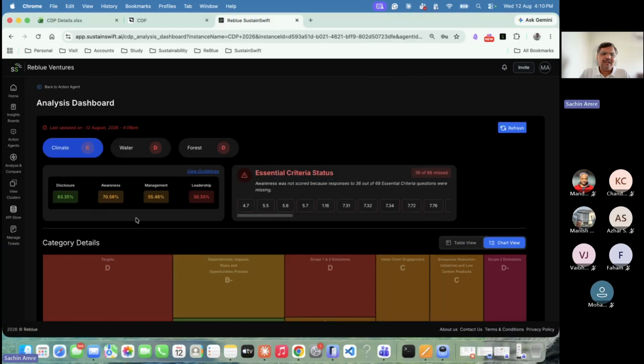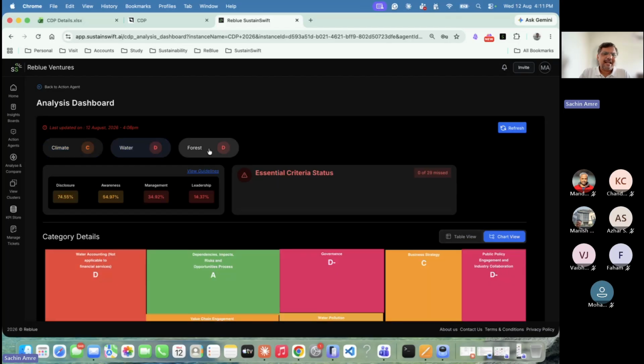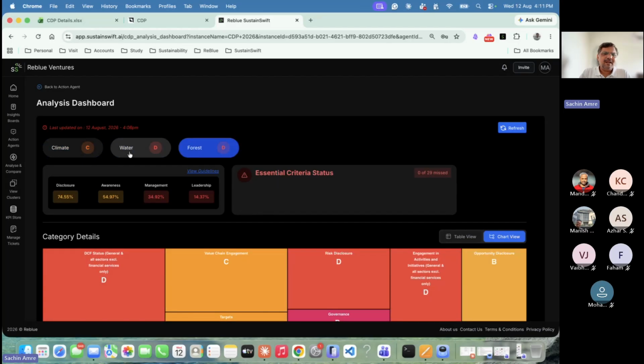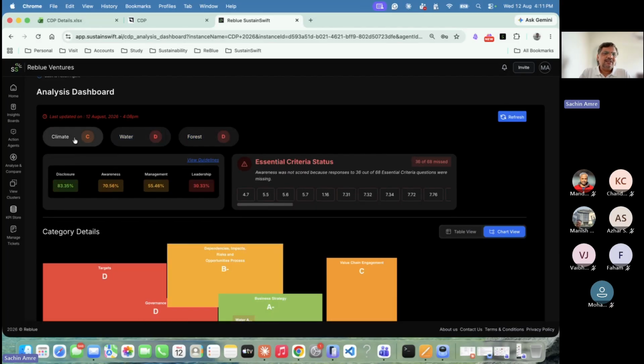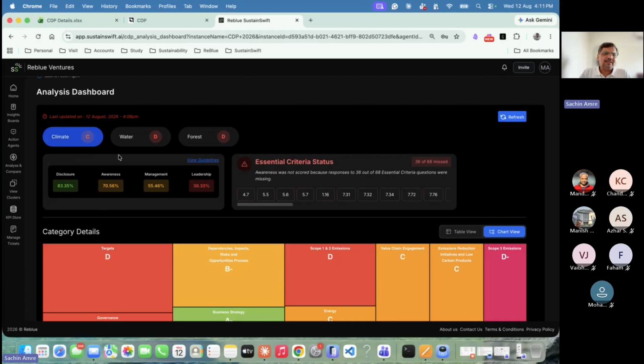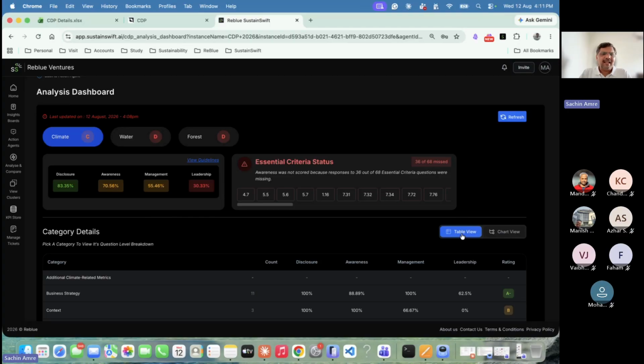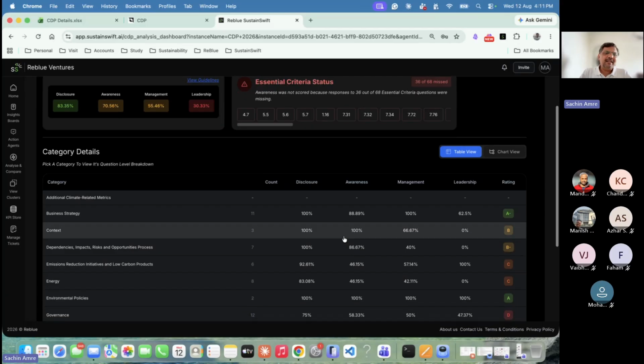And then this gets rolled up. This gets to the final. It also shows the tentative scores for that particular environment area for the organization. So this scoring is as per, see, every question is scored and every category is scored as per the guidelines which CDP has published. So every line of the guideline which CDP has published has been taken into account